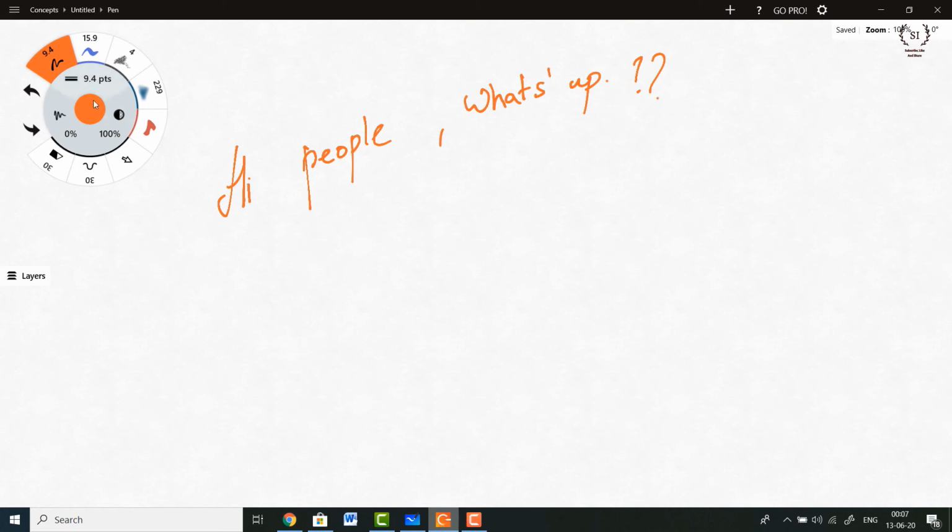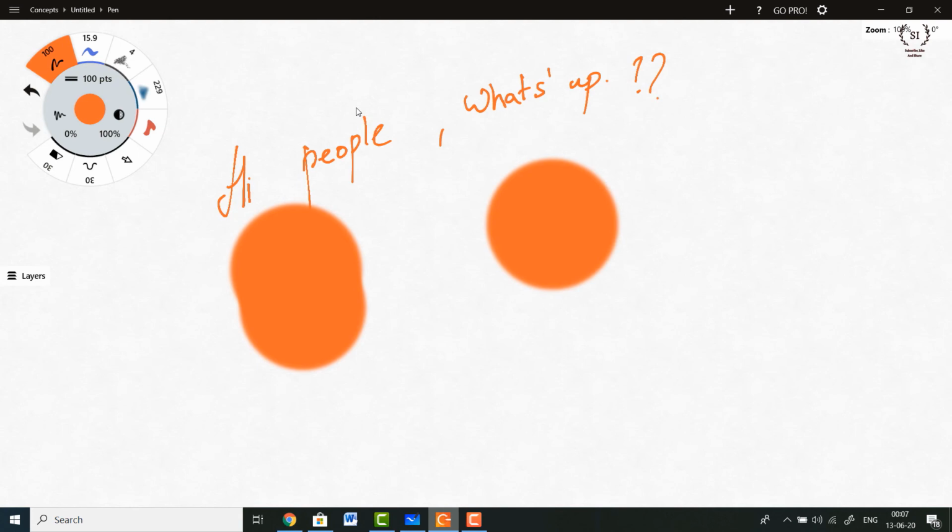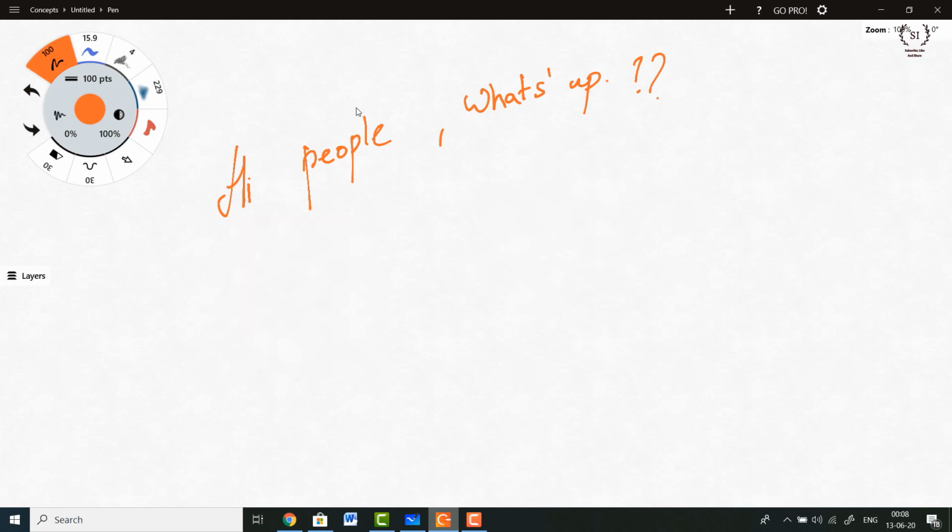But over here, you can select any value between 0.5 points to 100 points. I am sure 100 points would be very large and it would not be possible to write something with it on the screen. Let me show you. If I click this, you can even see a pixel clearly. This is nothing but a pixel, so it's not of any use to us. So what we can do is simply stick back to either 1.6 points or 1.8 points. Let me see how it looks. Yeah, it looks better.